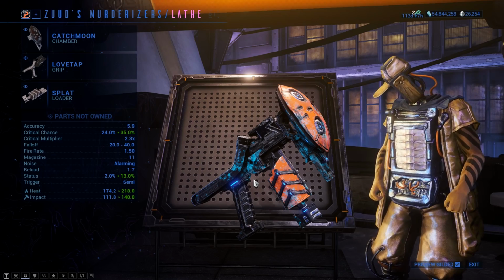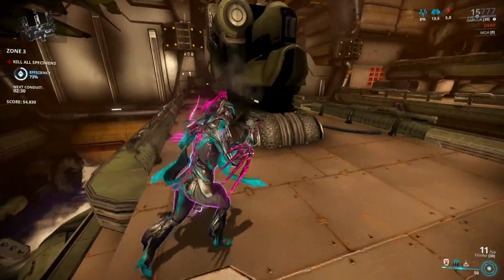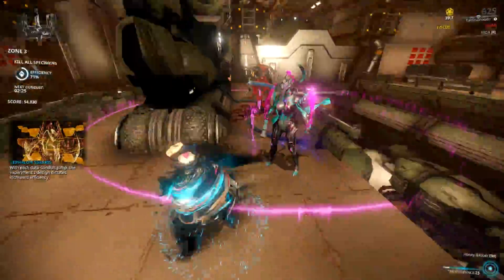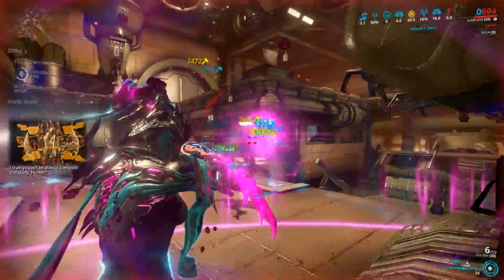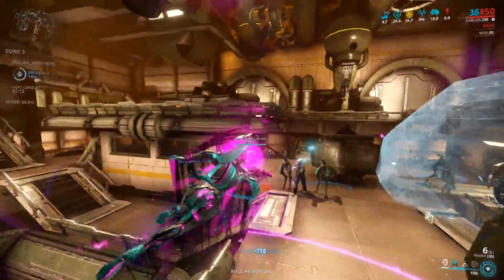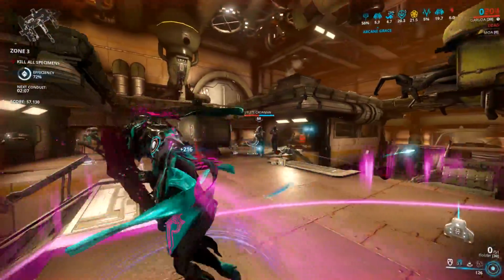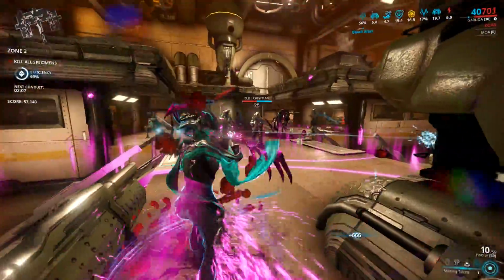Now, the loader I have on my Floofer is the Splat loader, and it basically gives your gun the maximum amount of crit chance at the cost of minimal status chance, like I said. So if you choose to go for this combination of parts on your kit gun, you will have a hard hitting, high crit chance weapon that fires a little bit slower or has a shorter range if it is a beam weapon, at the cost of a slower fire rate and also a lower status chance as well. But the thing about Catchmoon, like I said in my last video, is that it deals heat and impact damage, so it's not going to be good against certain enemy types, but it is absolutely deadly against